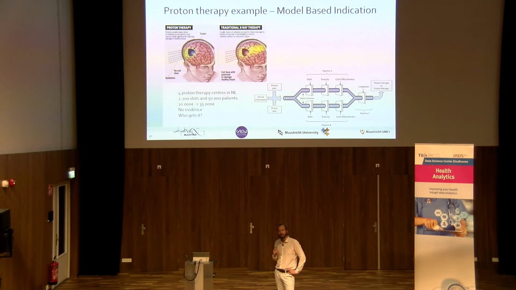So this will be a technology that we introduce in Holland where the computer says yes, and not the doctor. Right? So very different way, model-based. And of course, for every one of these patients that we treat with proton therapy, we collect the data, we try to make the models better and have this circle running to continuously try to select these patients that really need proton therapy. So Groningen has started, and I think Delft will start soon, and Maastricht will start at the end of the year, if all goes well.